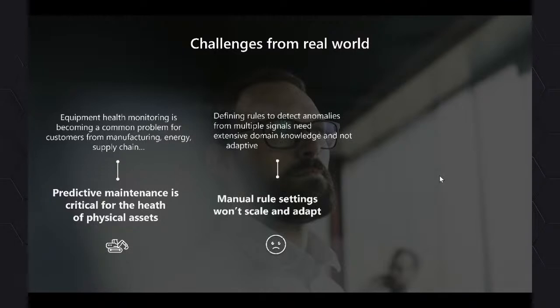For example, you can define rules and set some threshold based on your data, but it will not scale. Because if you want to expand to hundreds of models or hundreds of variables, that's really hard for you to manually set a threshold for every variable. So that's why we need something to help us automatically train the model and run inference, and finally to